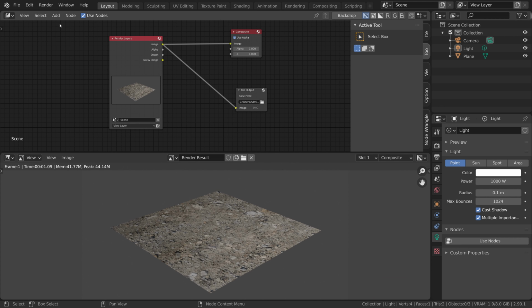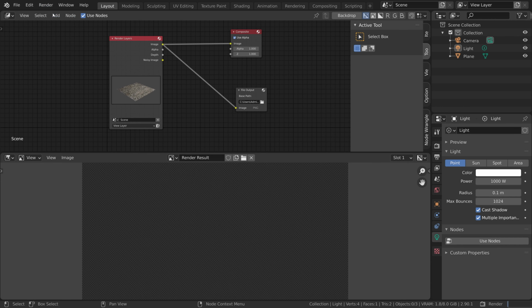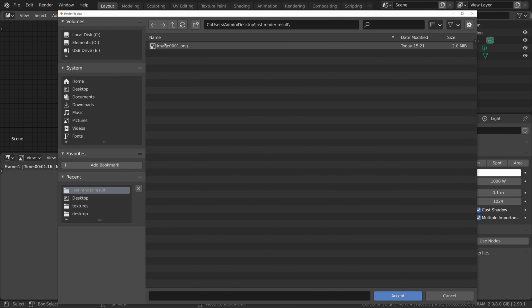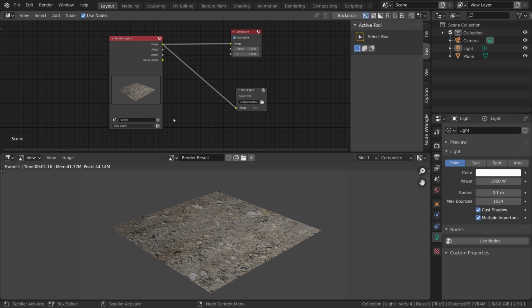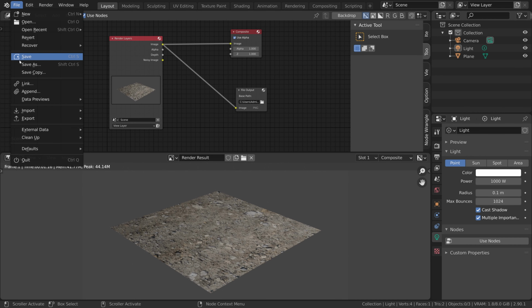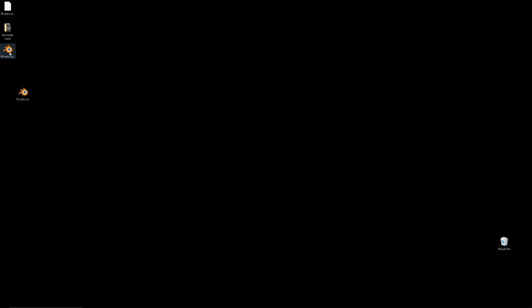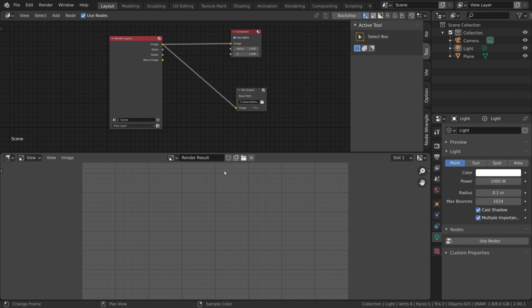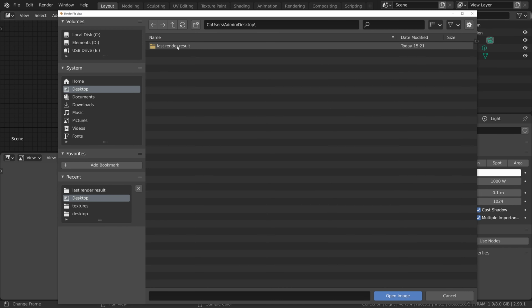However, you should know that every time you press render, the previous image will be overwritten. So we'll only have the very last render we created. However, this is still very useful when working on a project to be able to know where you were when you left off once you open it again, and without the need to re-render everything.